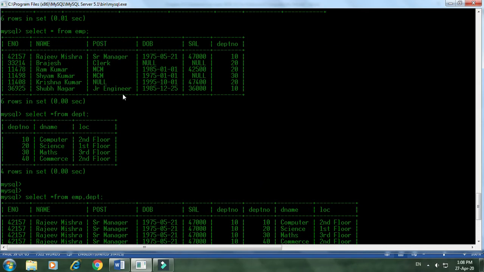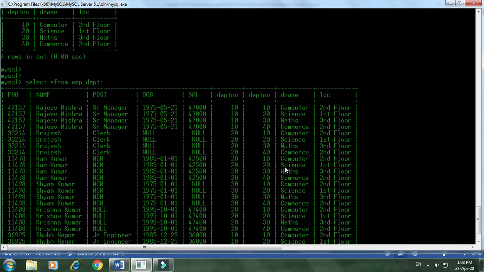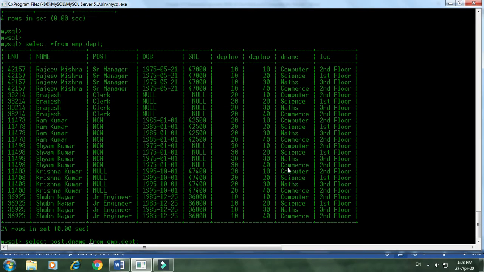So now I'm writing the query from EMP, comma DPT, and we have to write the joining condition also. The joining condition is on a common column, so we can write here WHERE EMP dot department number is equal to DPT dot.